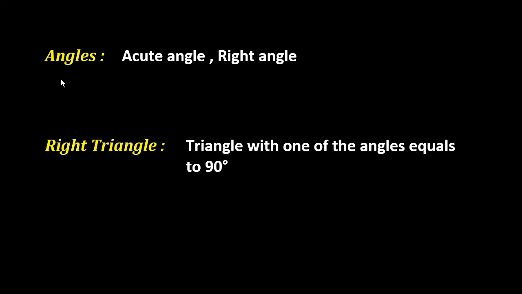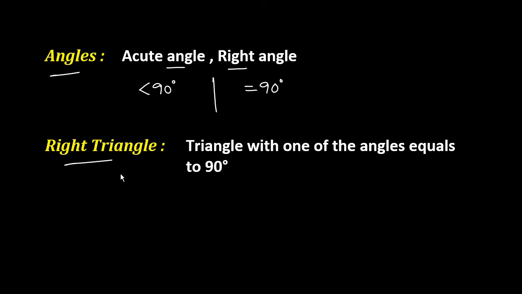I would like to remind you a couple of angles here. There are so many angles which we have learnt in our previous classes, like acute angle, right angle, obtuse angle, complementary angles, supplementary angles, complete angle, etc. But here in trigonometry, we use these two angles most number of times, acute angle and right angle. Acute angle is an angle which is less than 90 degrees and right angle is an angle which is equal to 90 degrees. This has to be learnt properly. These are the two angles which we are going to use most number of times in our problem solving.